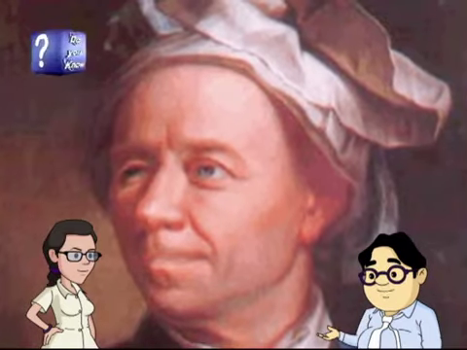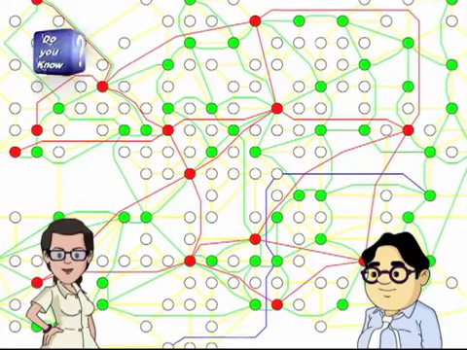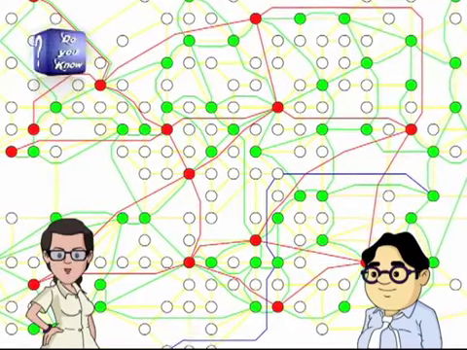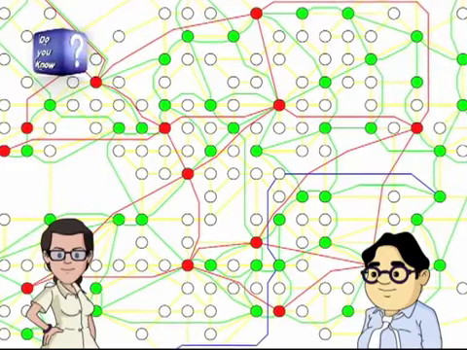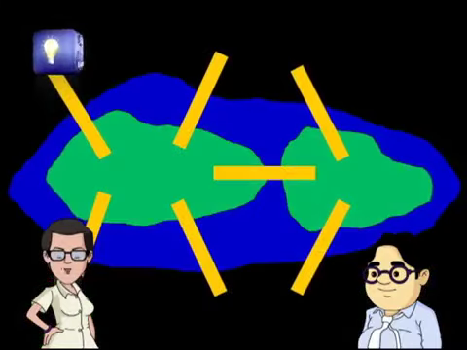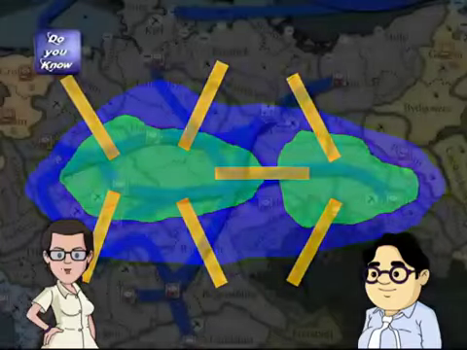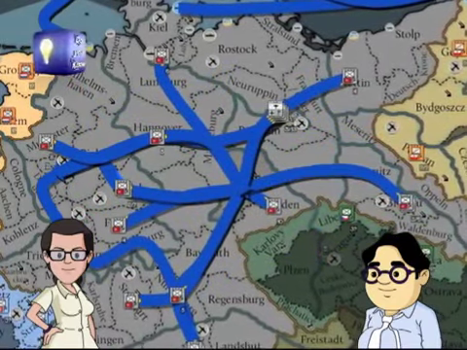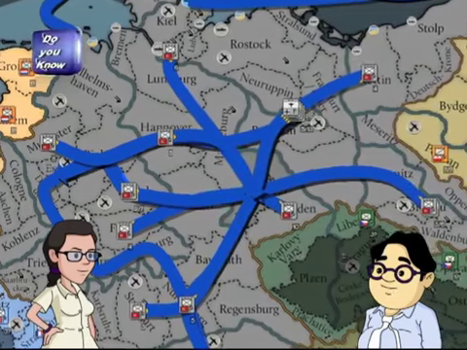So, did Euler find the path? Well, he simplified this problem by representing each landmass as a point and each bridge as a line, and ultimately concluded that the problem had no solution since each landmass has an odd number of edges. While doing this, he laid the foundation of what is now called graph theory. Oh, that's amazing!